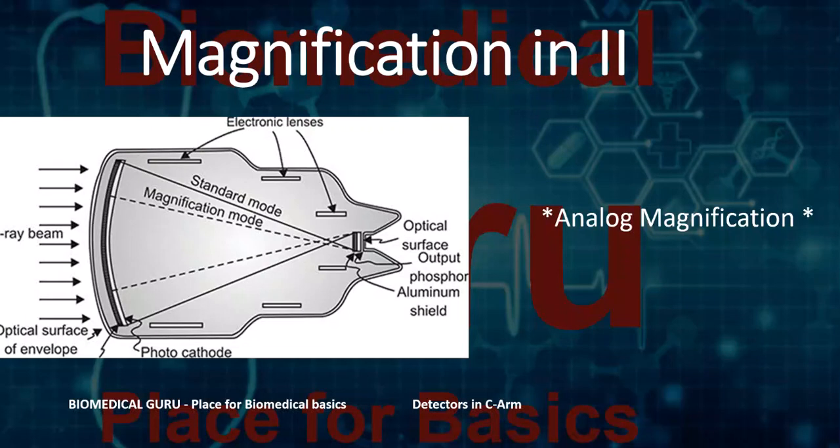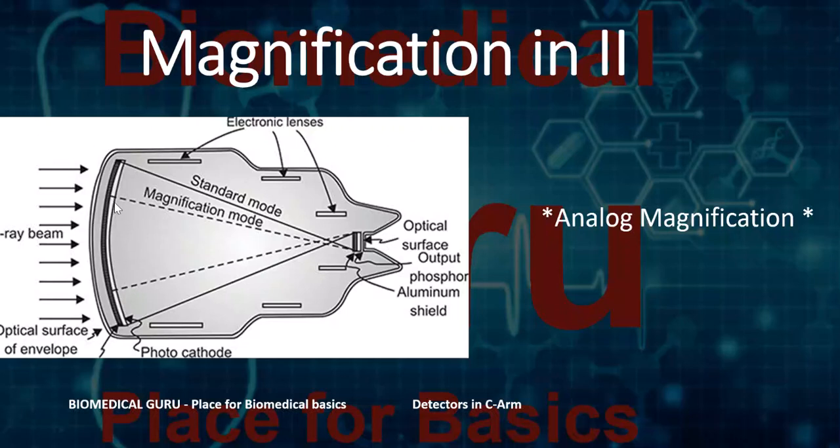An image intensifier also has magnification, and this is how magnification works. The same electron lenses, here the potential difference or the voltage between these different plates, will be changed when we press the mag mode. So the entire electrons are not captured on the camera, which means the focal spot will be drawn here by changing the voltages here. So only the electrons from this central area will be